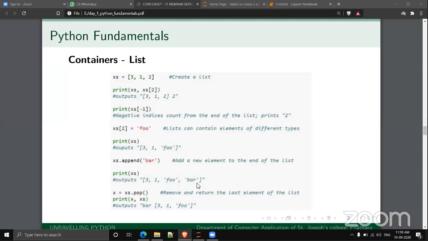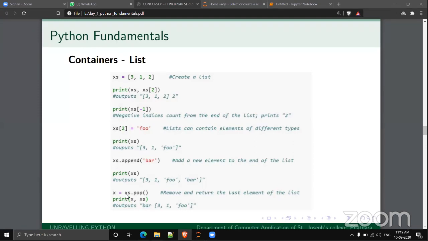Are you getting this? Yes. Fine. The pop function will pop out the last element, removing it. You can also specify the position to pop out.